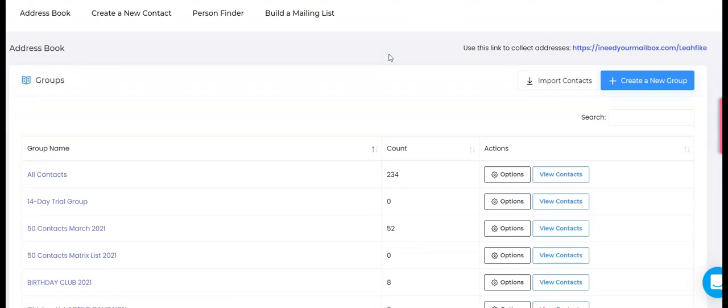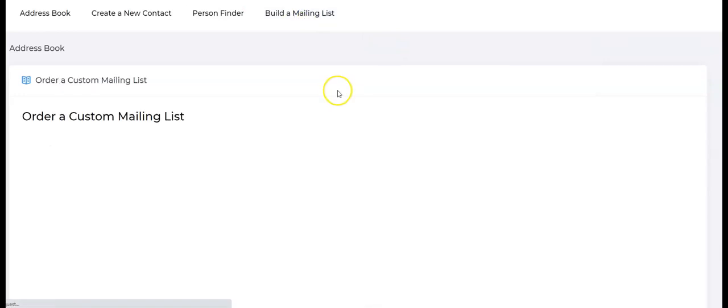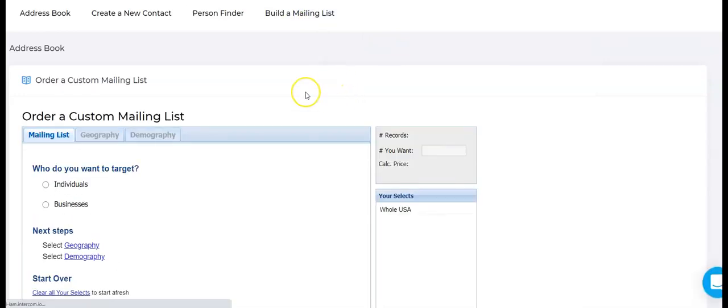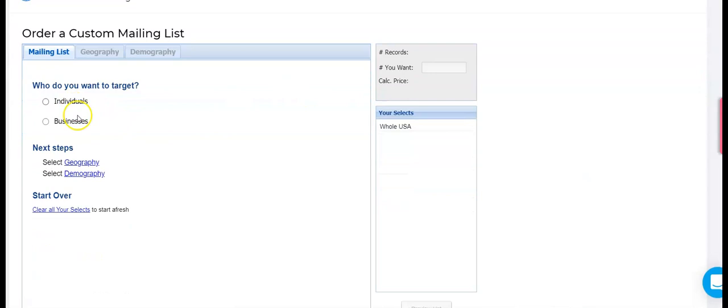I want to kind of monitor where you're buying your contacts from, but you can always create a mailing list right here in the system. This allows you to do individuals and businesses. It allows you to select the geographic and the demographics, and you can do this just like you would in